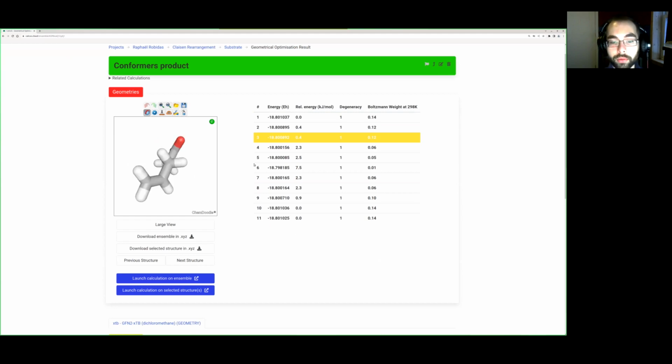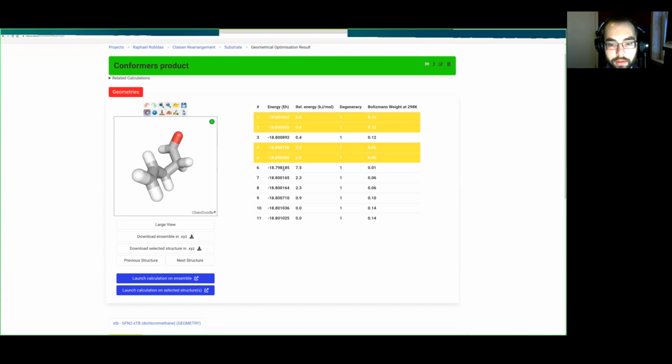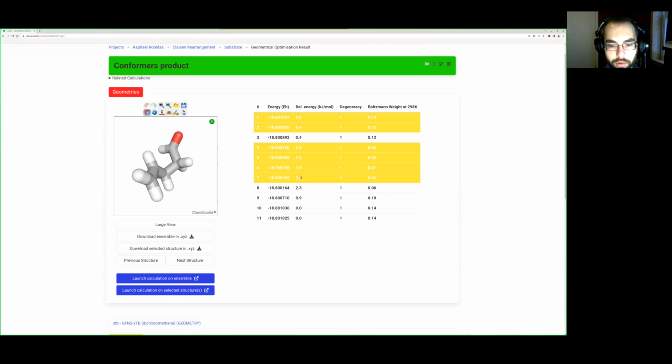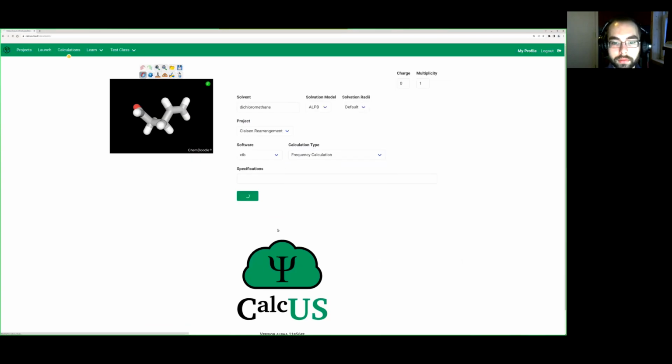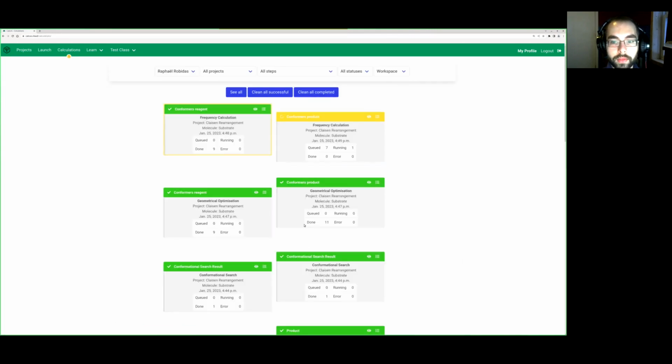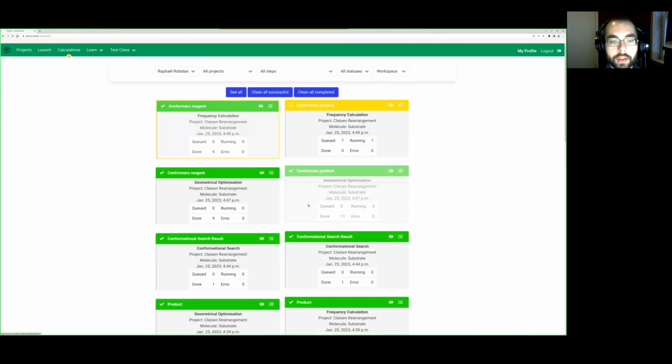So let's say I don't want to include this structure number 3. I can just select everything. Oh, these 2 are probably the same thing. These 2 as well. So let's say I just want these selected structures. I can just launch calculation on these structures. So I'll just do frequencies for these and not for the others. Right. So for the frequencies,